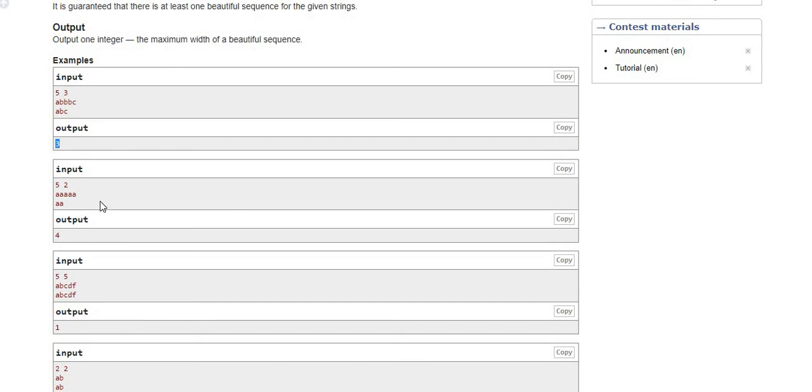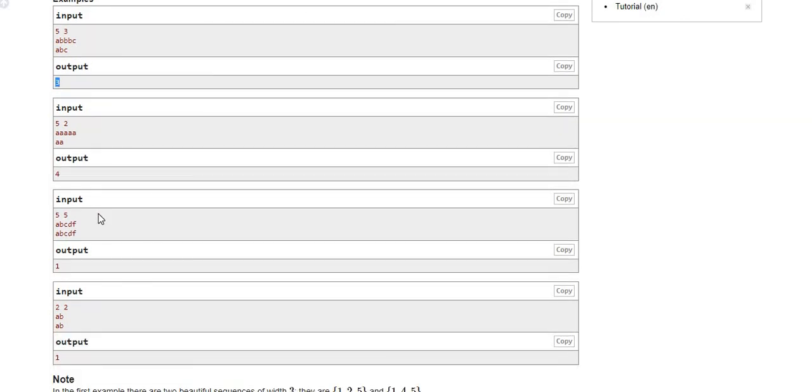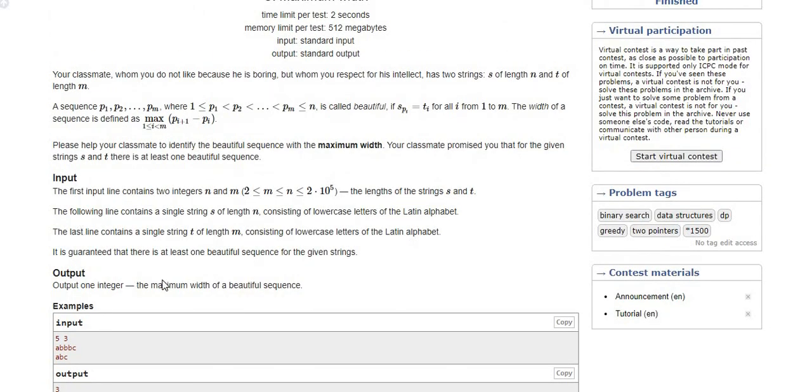Another example is if m and n have the same length, in that case the output has to be 1, because in the description they mention that it is guaranteed that there is at least one beautiful sequence.